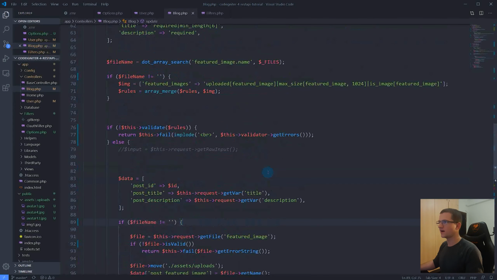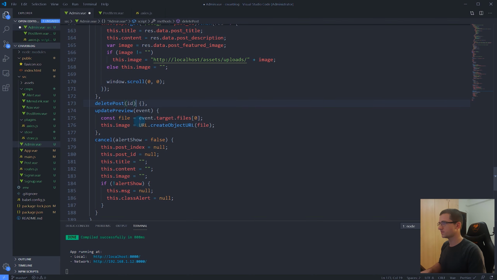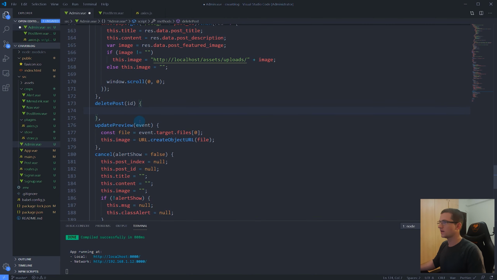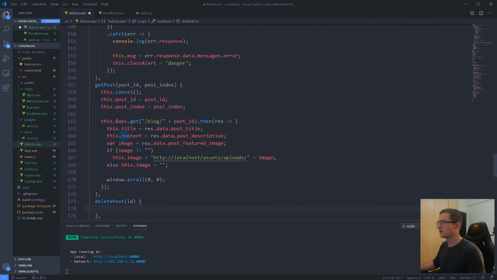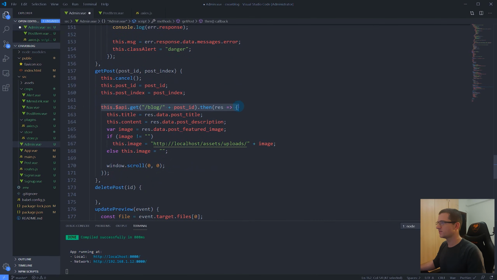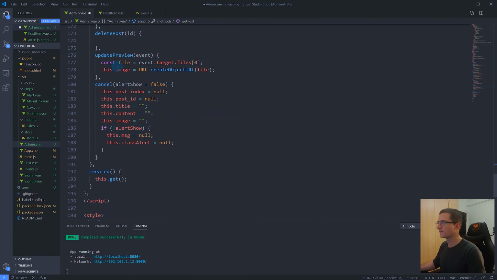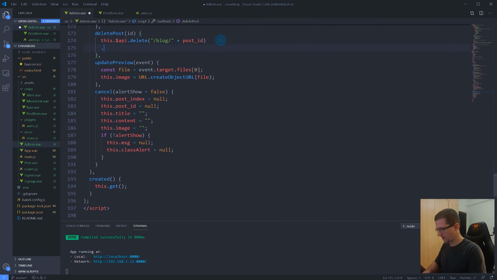So the delete post also will accept an ID, and what it will do, it will run this API, but instead of get we will define the delete. This will be the same, and then